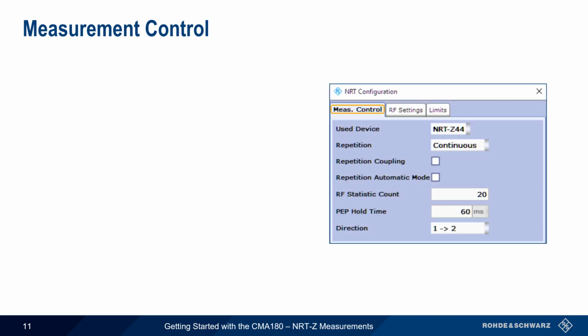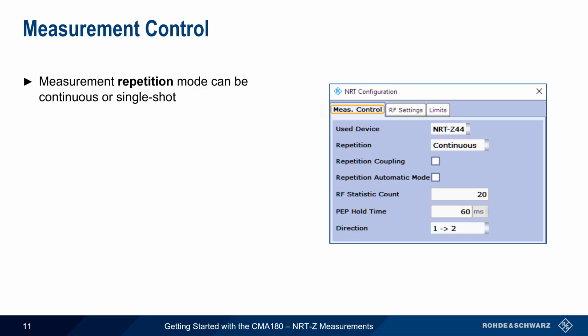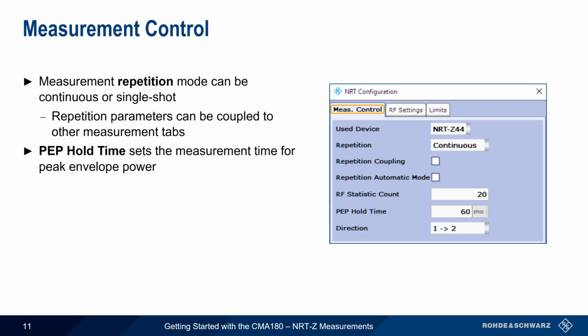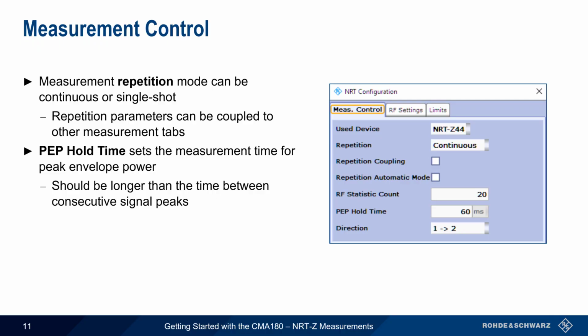In addition to showing the sensor being used, the Measurement Control screen also enables switching between continuous measurement mode and single-shot mode. Repetition parameters configured here can be coupled to other measurement tabs as well. The Peak Envelope Power Hold Time parameter sets the measurement time for peak envelope power measurements, and generally this should be longer than the time between consecutive signal peaks. The default hold time of 60 milliseconds is appropriate for measurements of signals having a frequency of 20 Hz or